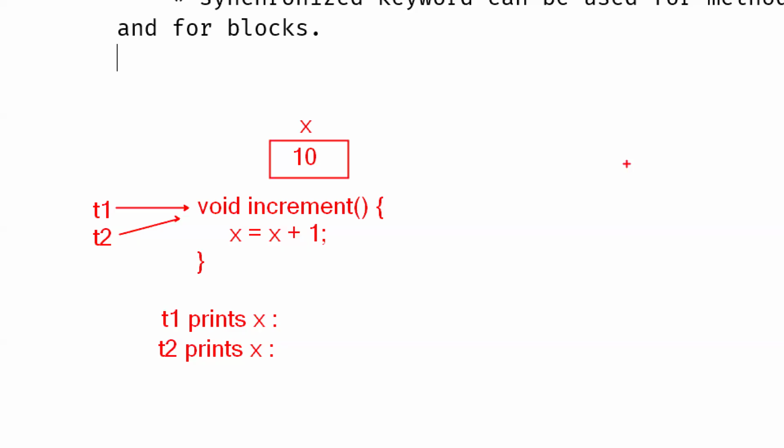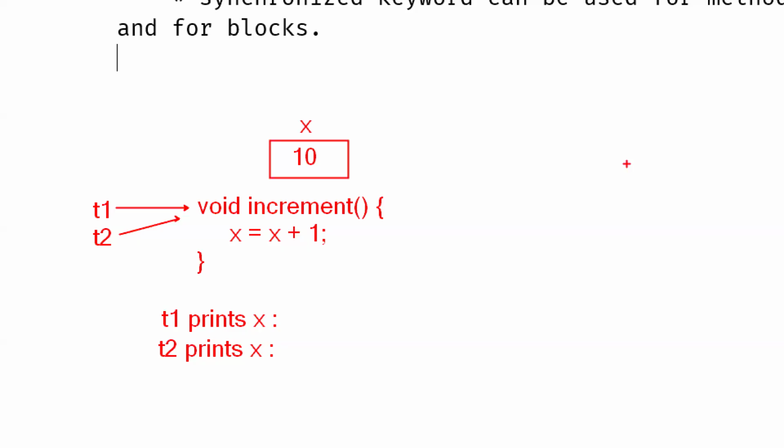But if T2 gets the first chance, the result for T2 will be 11, and next for T1 it is 12. Am I right? What I mean to say is this: